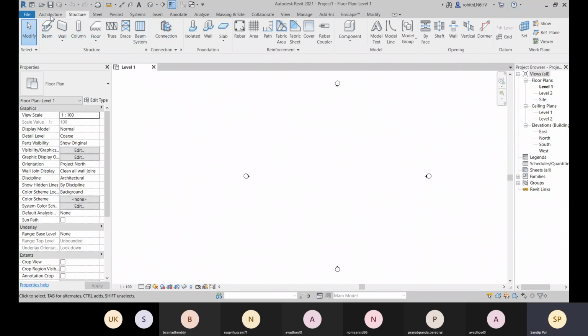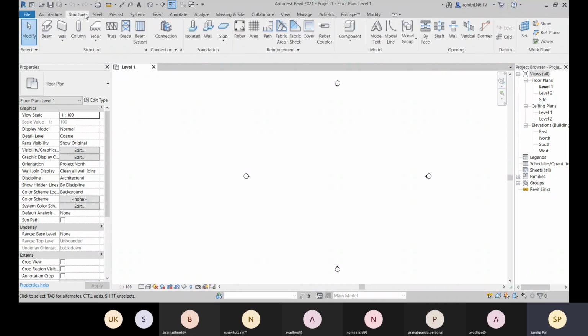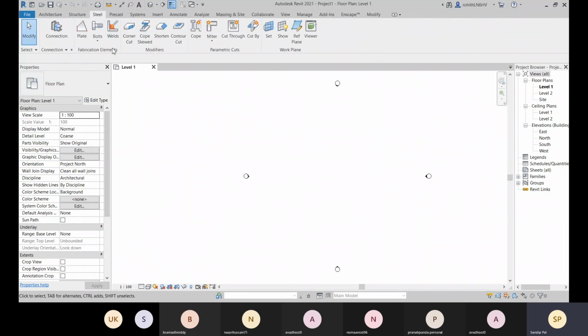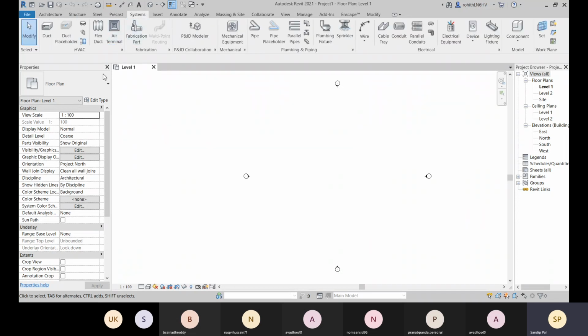Right now you can see we have some options for structural components. We have some tools to create architecture related components. Here we have the structural components. You have steel components and also precast. And you have this Systems tab, where you can create your HVAC, mechanical, plumbing, and electrical components.